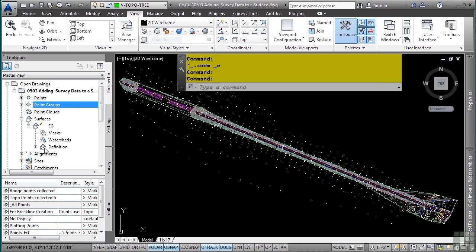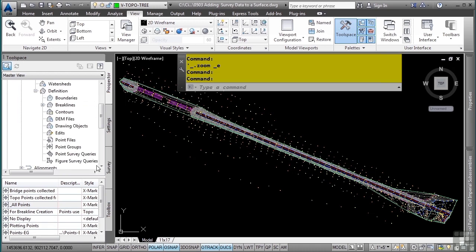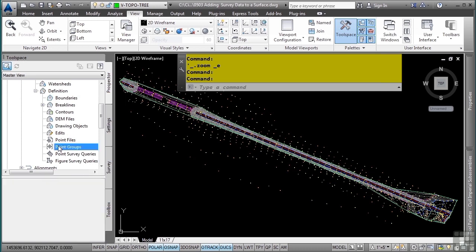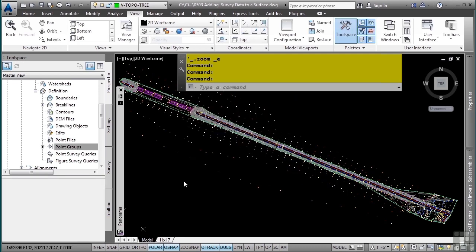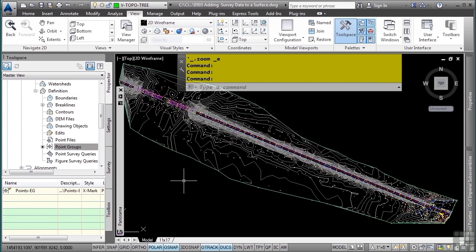So let's go ahead and expand the definition category. Notice the definition categories we have available to us, and we want the point groups option. As I mentioned before, when in doubt, right-click on any interface component to get some different commands and options. I'll right-click on point groups and choose Add. Now I'll simply select the points-EG point group, click OK, and just like that, those points have been incorporated into